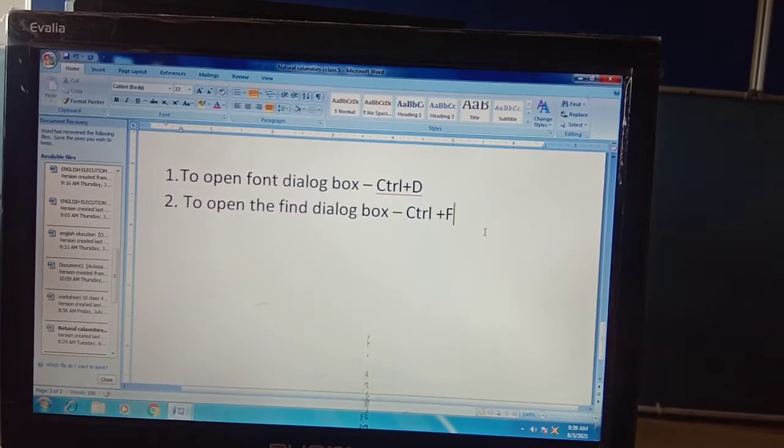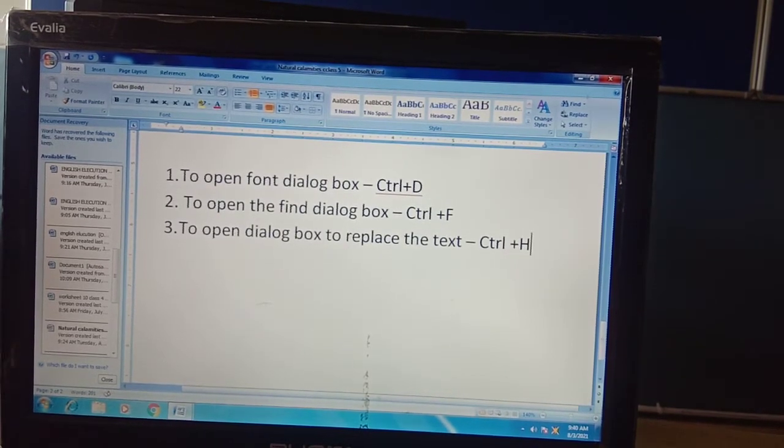To open the dialog box to replace the text is CTRL plus H. I hope.